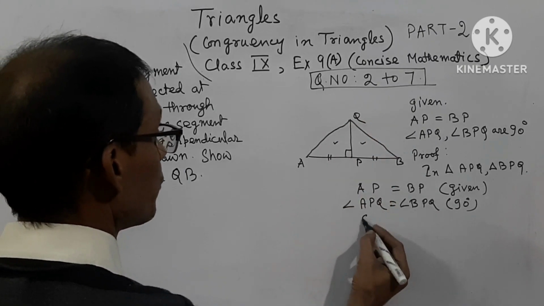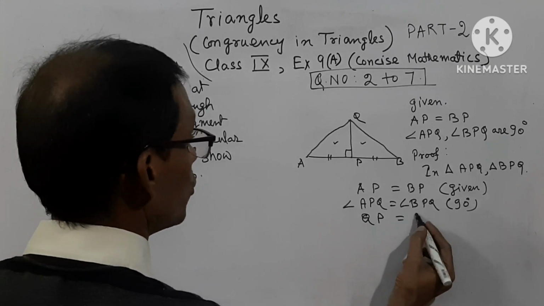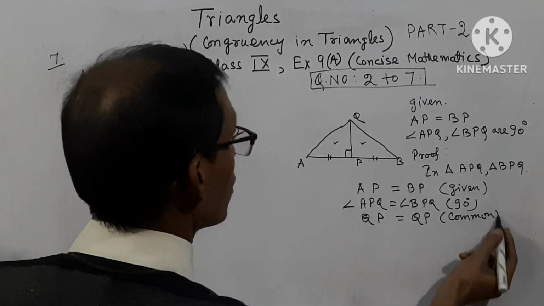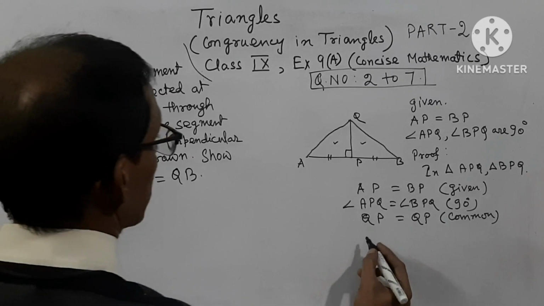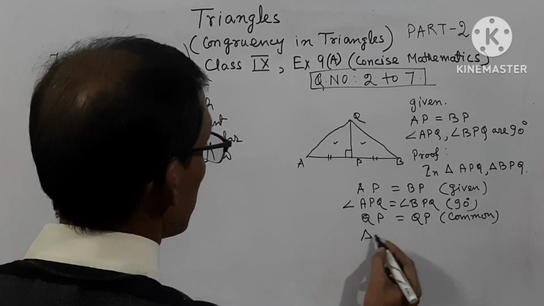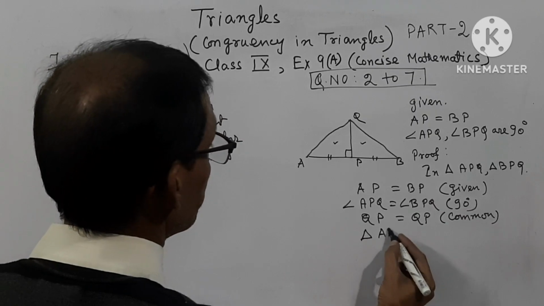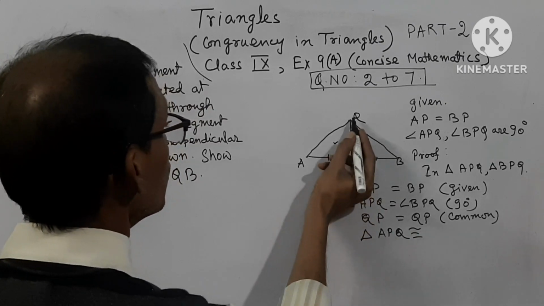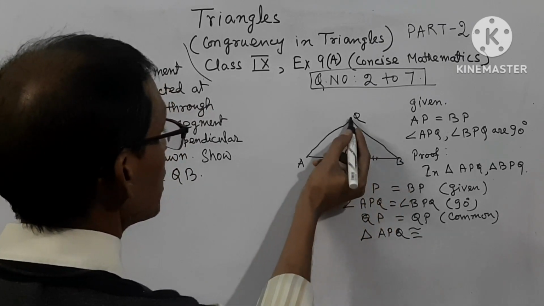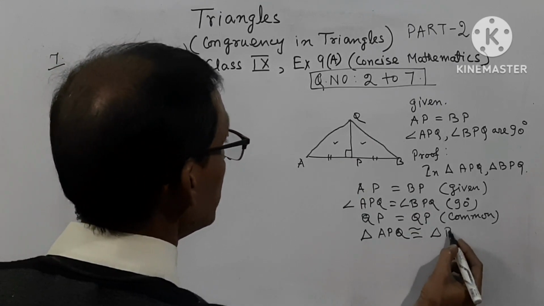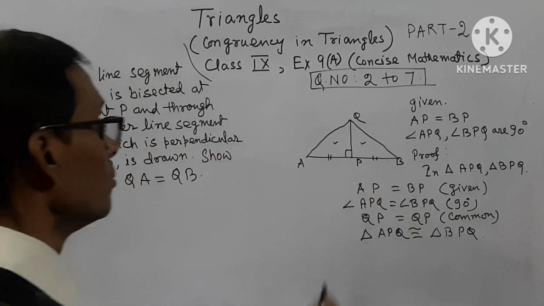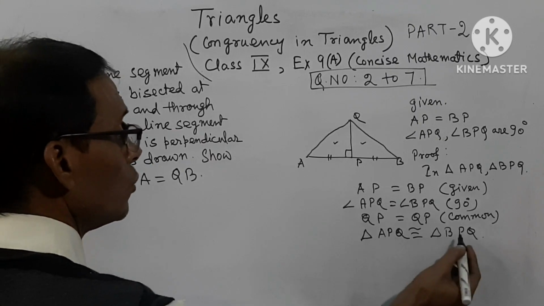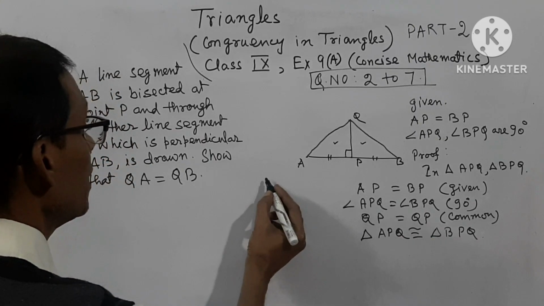PQ or QP equal to QP, they are common. So triangle APQ will be congruent to triangle BPQ. Still, if some student has confusion about how APQ and BPQ are congruent, again I will say